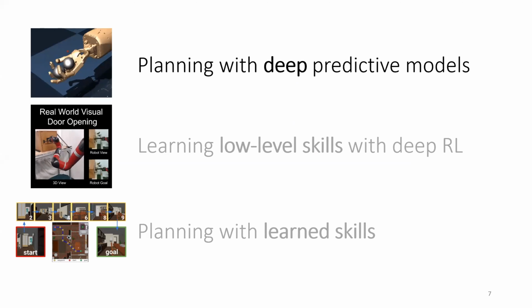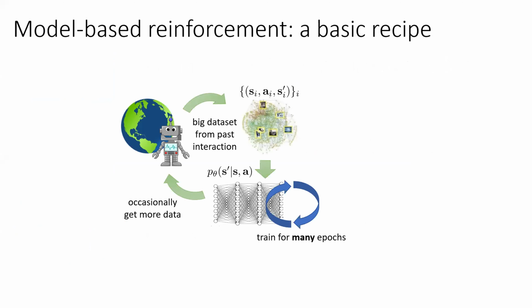All right, let's start with planning with deep predictive models. So the basic recipe, and this is basically the recipe behind model-based reinforcement learning that I'm going to discuss, works like this. You collect some data from your past interactions, and model-based RL algorithms, fortunately, are usually very comfortable with off-policy training, so it's okay if this data came from a different policy. And formally, we'll say that this data consists of tuples S, A, and S prime. You're going to use those tuples to train a predictive model. So this is a model that estimates the distribution over the next state, P of S prime given S comma A. And then you'll use this model for control